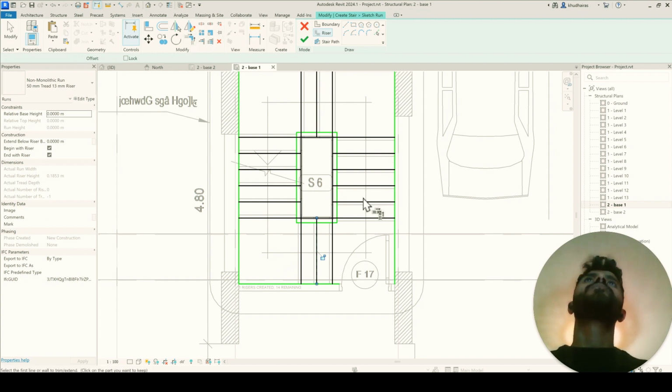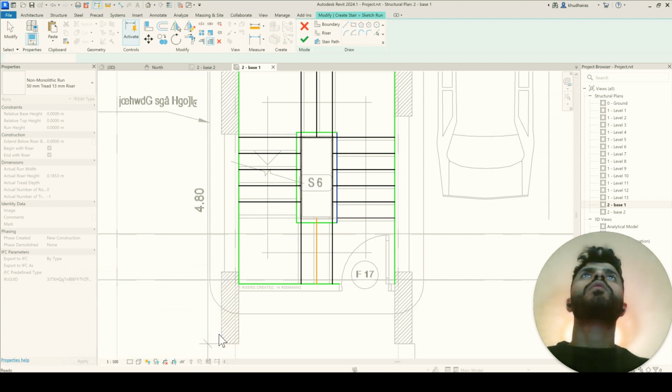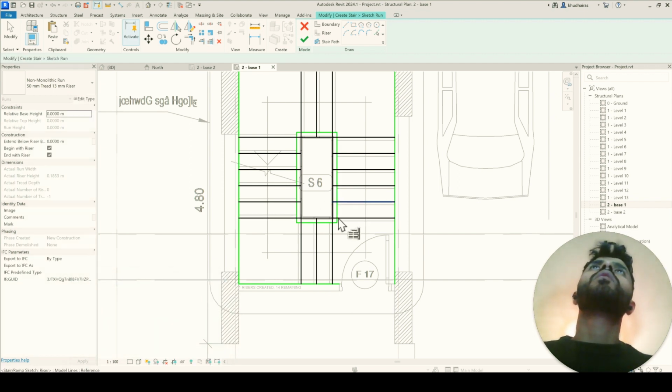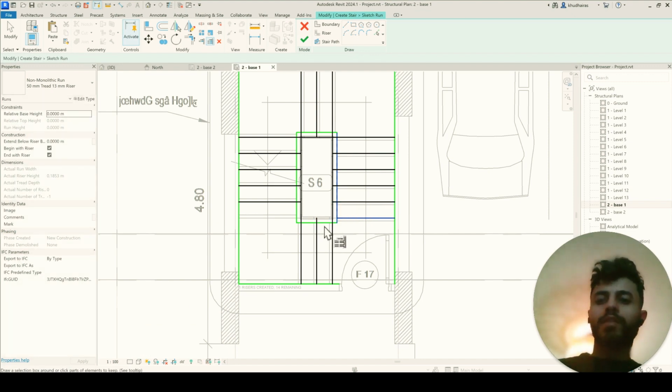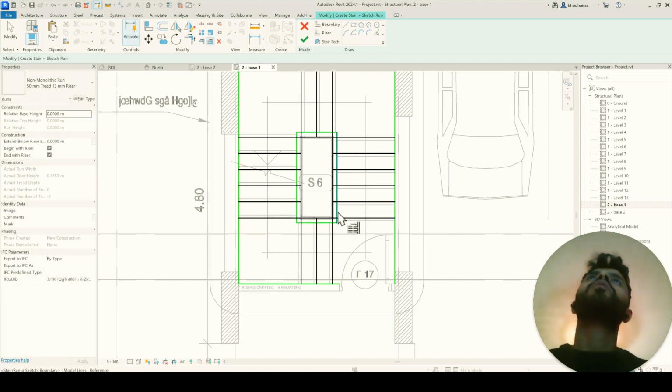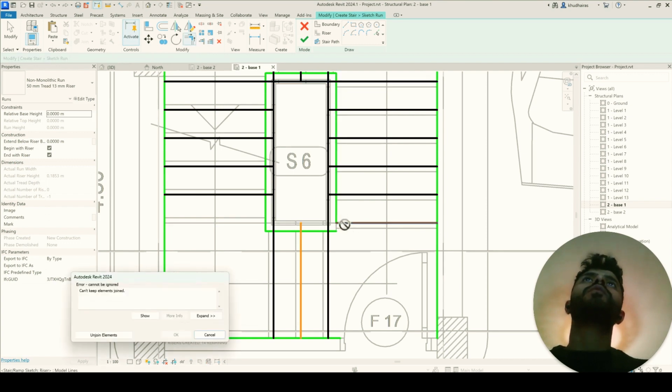So we go next to trim, same as what we did earlier. If we pick this line, we need to trim everything with that line. I can't keep them in joint. So I'm selecting this, saying I can't keep them in joint. Okay. So what I will do is select trim. So I will do this, okay.